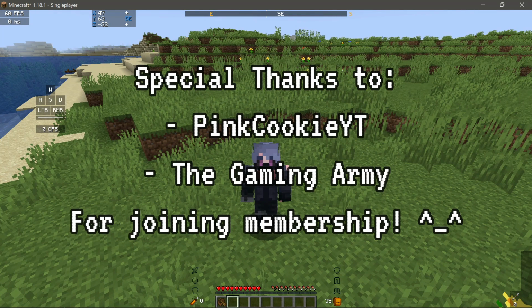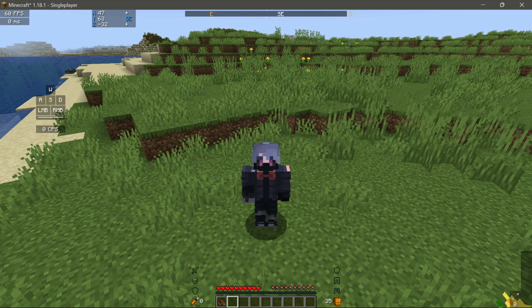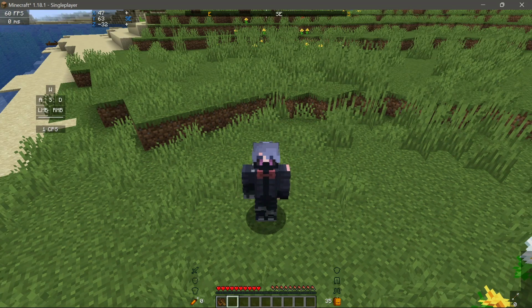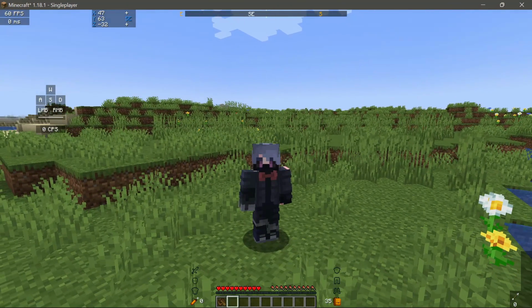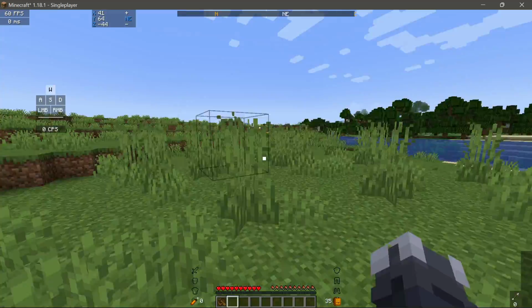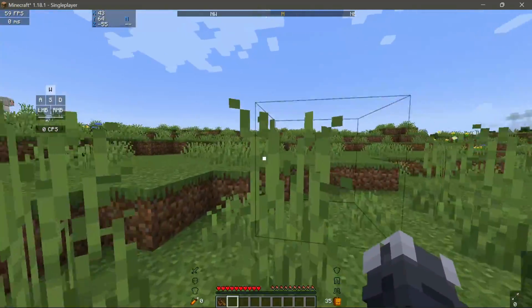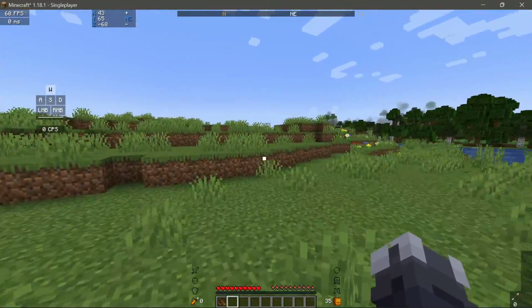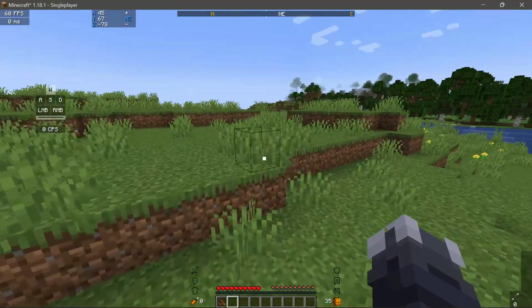So for those of you who are looking to change up your game and play with something interesting and something that will give us more features for our Minecraft's HUD, then I would recommend that you guys check out these top 5 best Fabric HUD mods on 1.18.1. So let's go ahead and take a look at the top 5 best Fabric HUD mods on Minecraft Java Edition version 1.18.1.